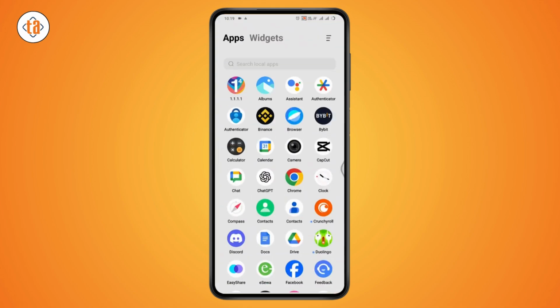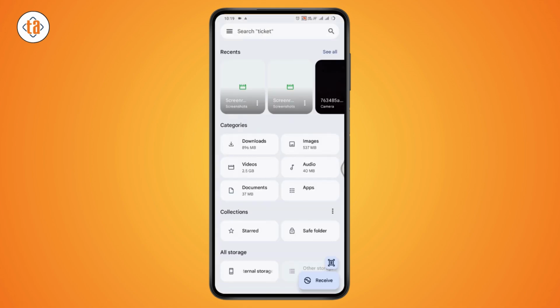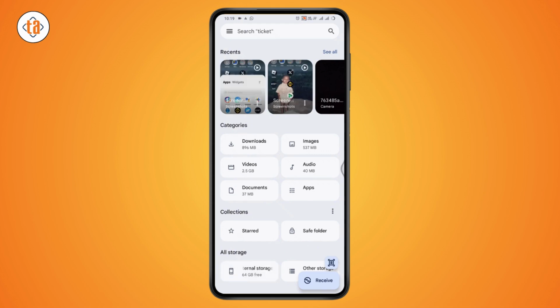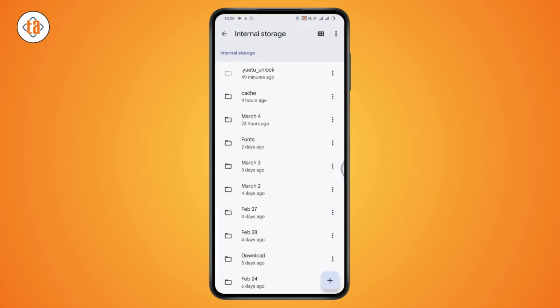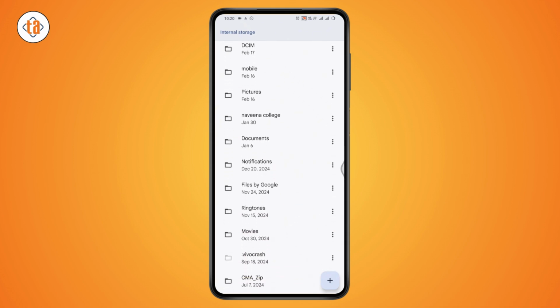Once your backup is done, then the other thing you need to do is you need to go to your file manager or your files. And after opening your files, you need to go with internal storage. After your internal storage or your device storage, you just need to simply scroll down, and you need to find